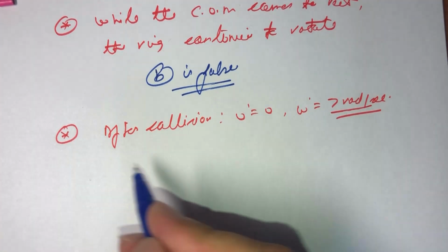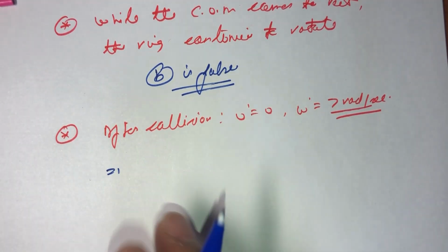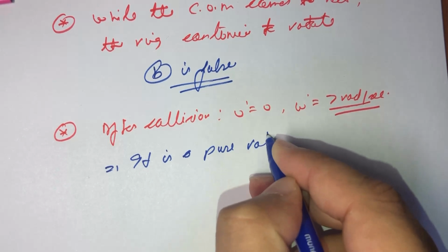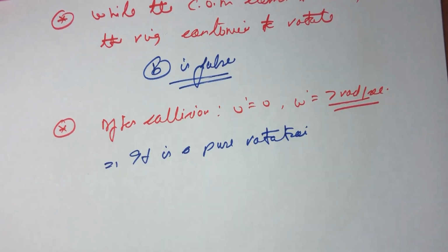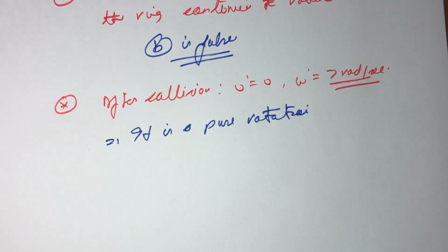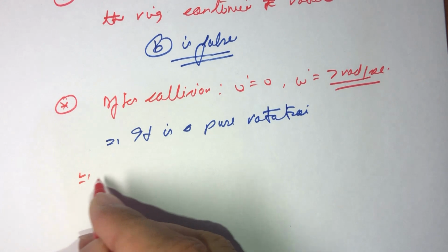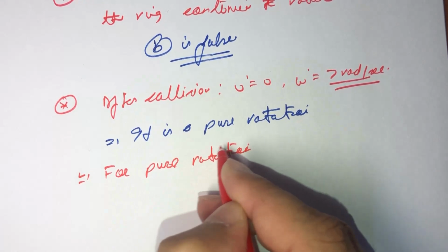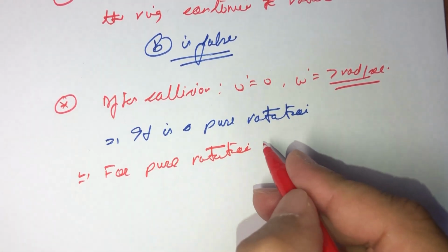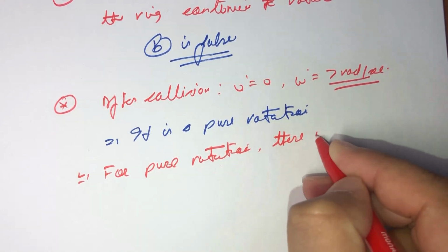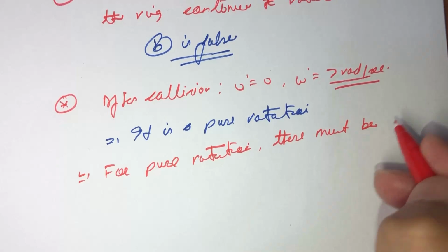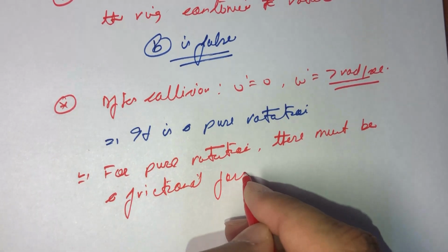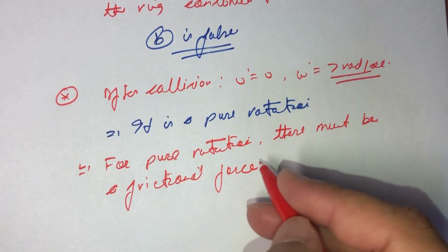So it is a pure rotation, and we know that for pure rotation there must be a frictional force that is going to prevent the slipping